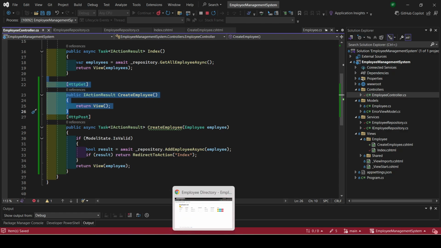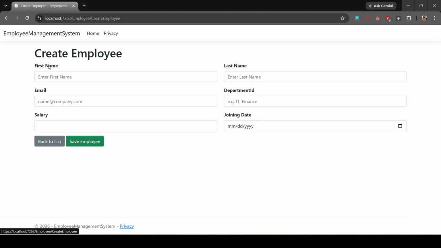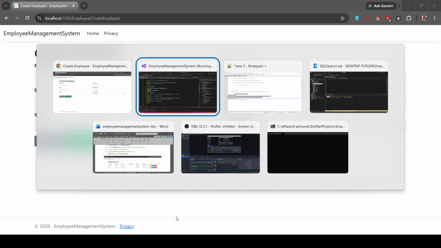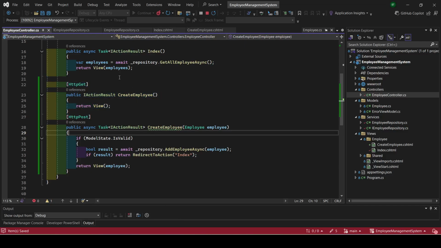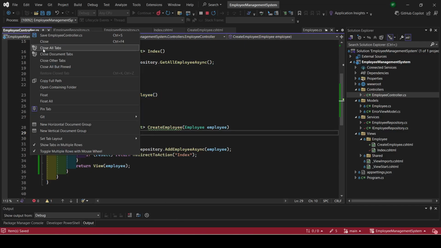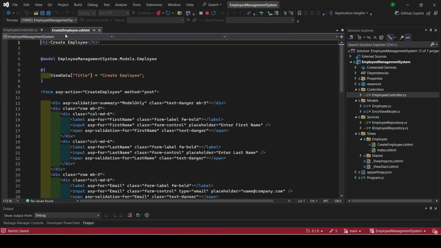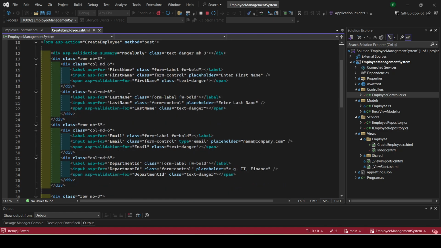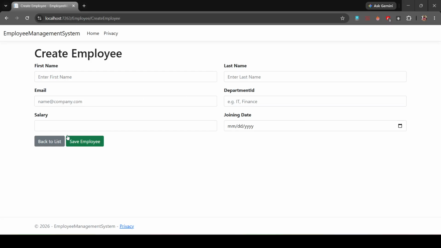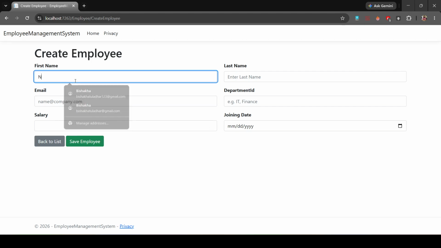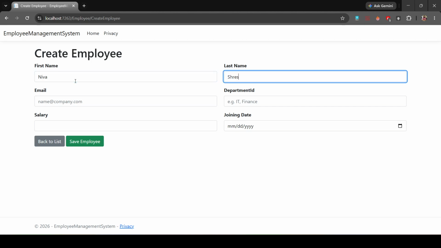We add it here to show this page. Now, when it runs, it will show you this page. When we add, for example, a new employee,